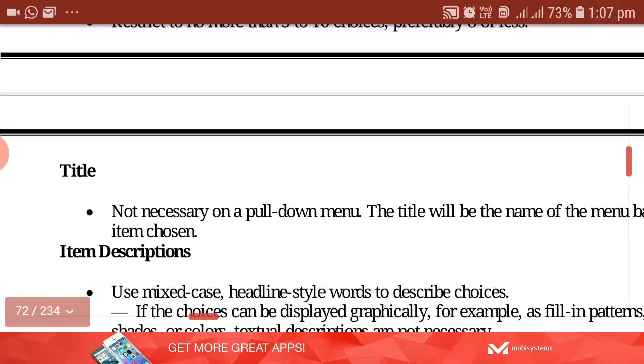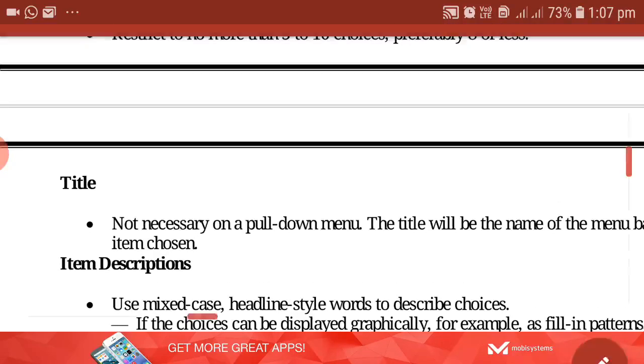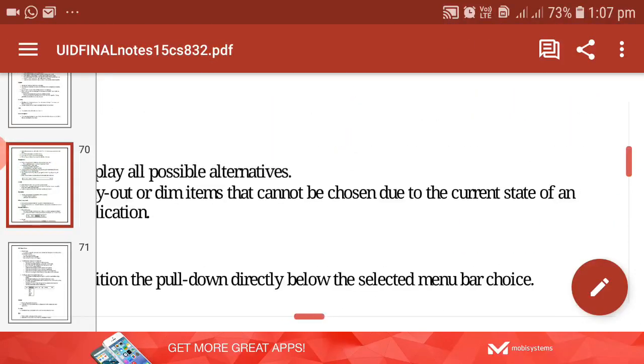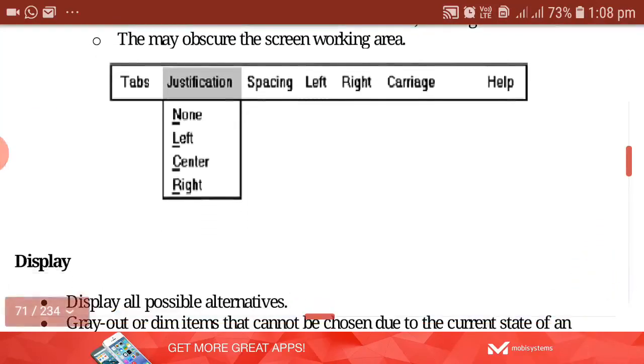Title: it is not necessary to give any title to the pull down menu. Whatever option is there in the menu bar for that pull down menu, that itself will act as a title for the drop down menu. See in the previous diagram, this is my pull down menu, right? Which has 4 options.